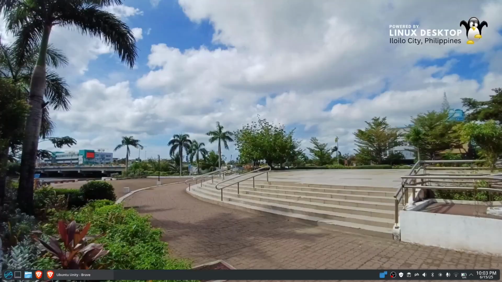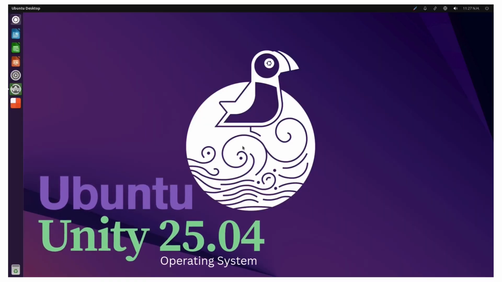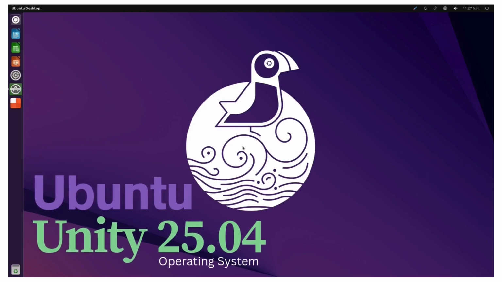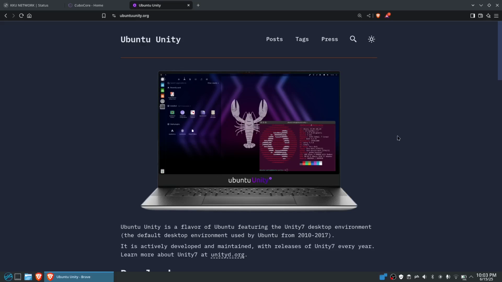My name is Blair and welcome to another OS operating system. Today we're going to take a look into Ubuntu Unity 25.04. It is not an LTS. And of course, let's start with the website first. The website is